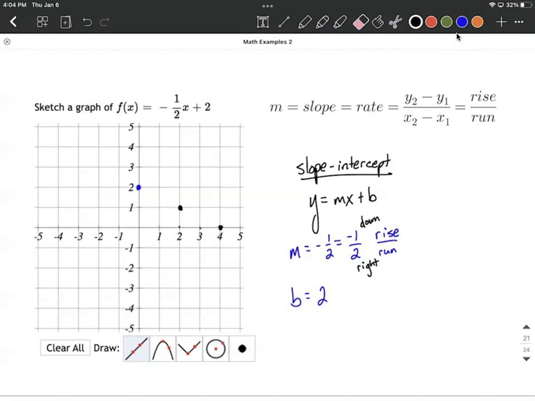Okay, the other way we could have thought about that slope would have been positive 1 over negative 2. Those directions would have been up 1 and to the left 2, which is just inverting what we just did to find our points. So what we could have done was start at the 2 and go up 1 and left 2, getting this point here, up 1, left 2, and keep repeating until you fill up the graph. Okay, from here, you basically connect the dots,